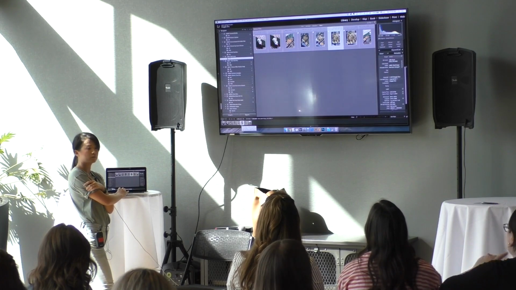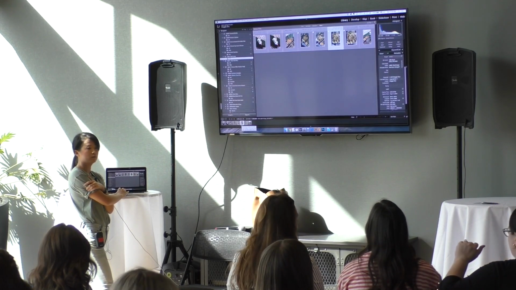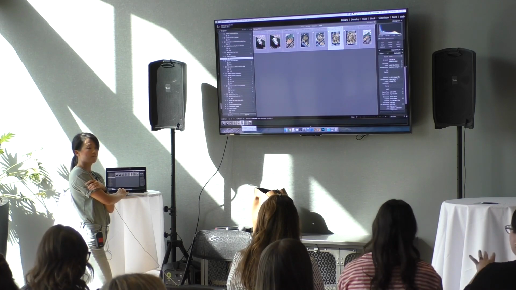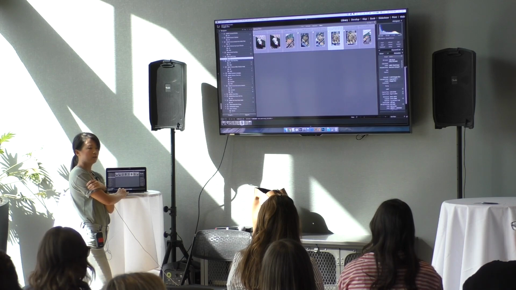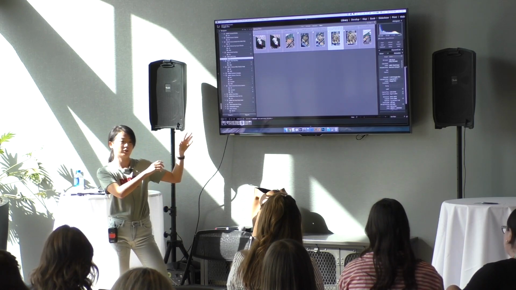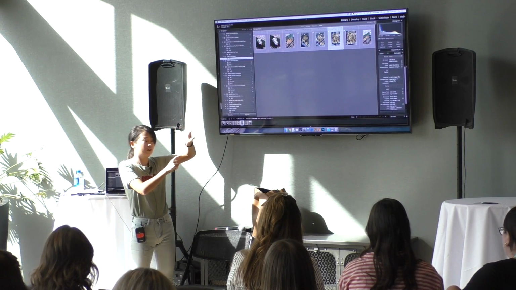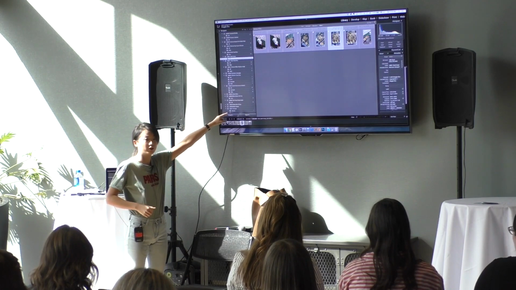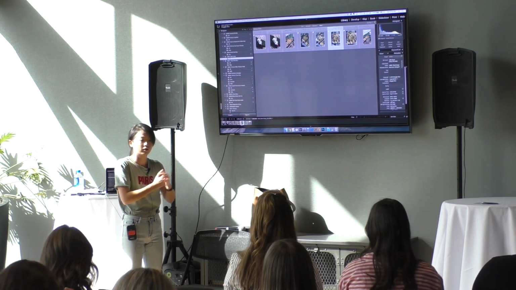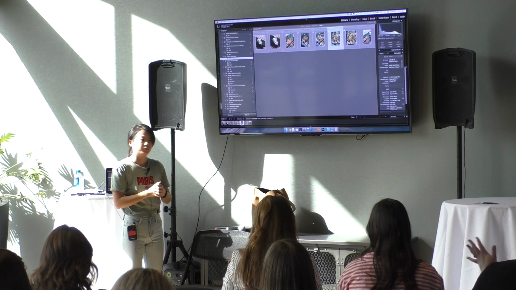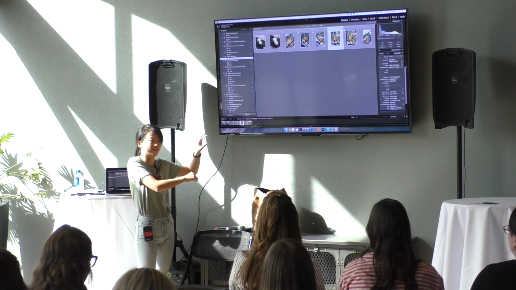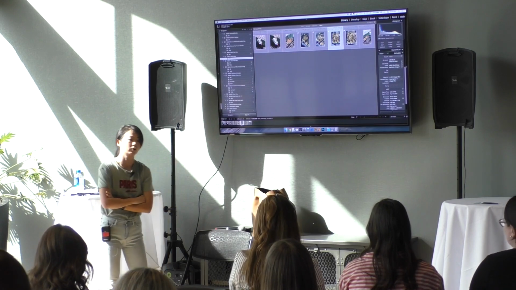So earlier you talked about renaming, that you recommend renaming all of your photos. You do that before this step? Yes, because that's when you copy your original photos from your camera. So the original file is named. Right. So here it's kind of like a bookmark. Like you add a website to your bookmark, so you name that so you can find it later. It does not change your original file. The name of your raw file is still the same when you import. That makes sense to me. I was just clarifying.